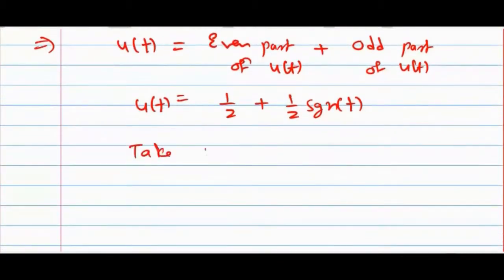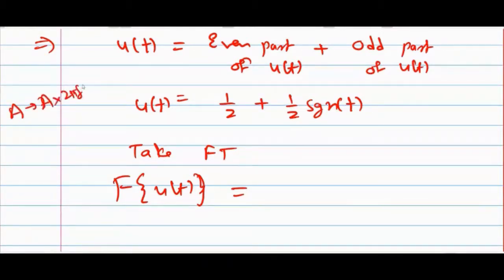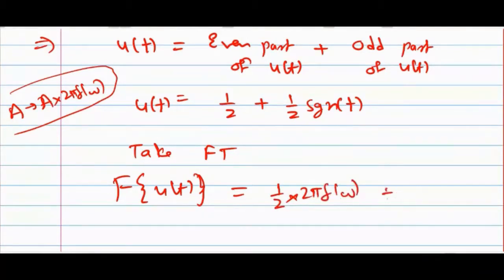Take Fourier transform. So Fourier transform of u of t equals, what is Fourier transform of 1 by 2? A has Fourier transform A into 2 pi delta omega. So 1 by 2 has Fourier transform 1 by 2 into 2 pi delta omega plus 1 by 2 times